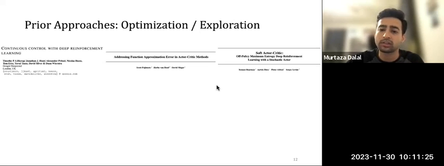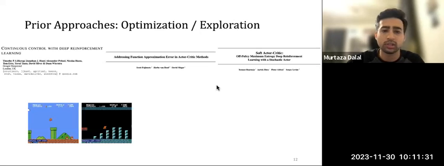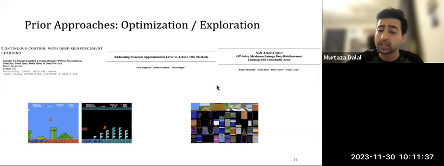On the other hand, folks have also tried to improve exploration over the raw action space via some sort of intrinsic motivation objective. So specifically, I'm referring to papers that do some sort of curiosity-based exploration. This hasn't been shown to scale particularly well to robotics just yet, but we'll see as we go.